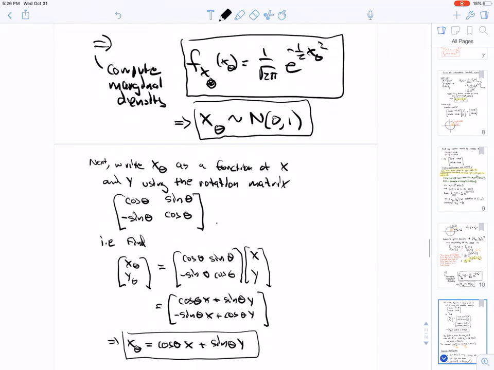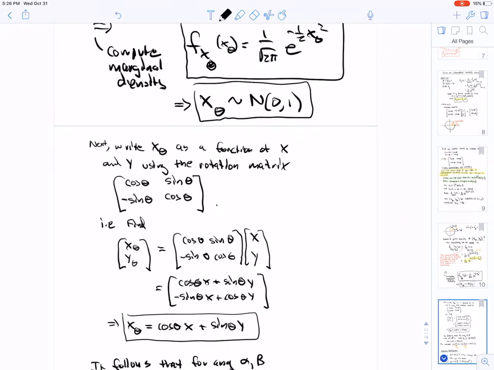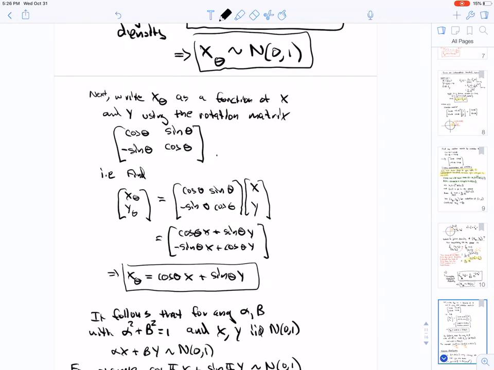Now how can we write X_theta as a function of X and Y? Well, we're rotating. (X_theta, Y_theta) is the rotation of (X, Y) by minus theta. So I'm just going to apply that rotation matrix, and you see that X_theta is cosine theta X plus sine theta Y. The reason I'm using a rotation by minus theta instead of plus theta is because